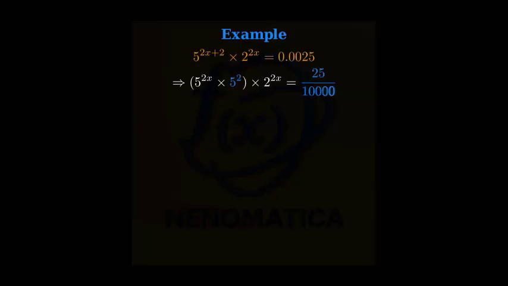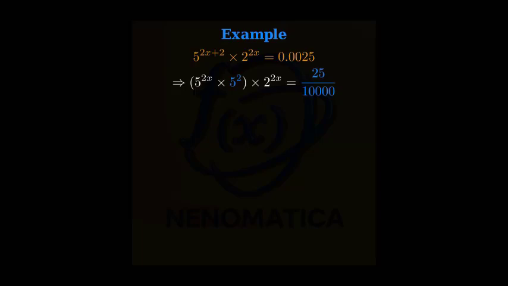Let's solve the following exponential equation step by step. First, let's expand the term 5 to the power of 2x plus 2. This can be written as 5 to the power of 2x times 5 to the power of 2. On the right side, we'll express